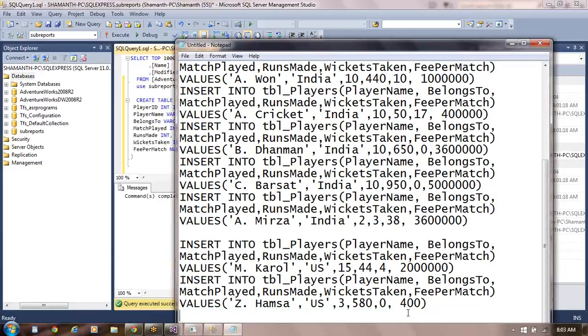Delete this. Then here, the last set of data. So data must be... what is the last piece of data?